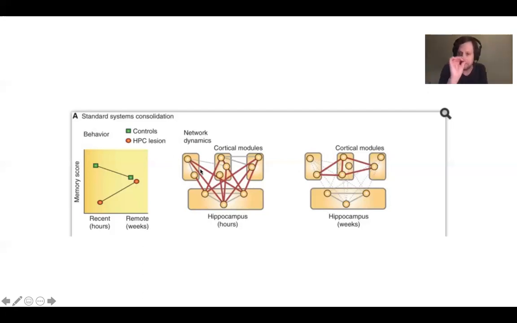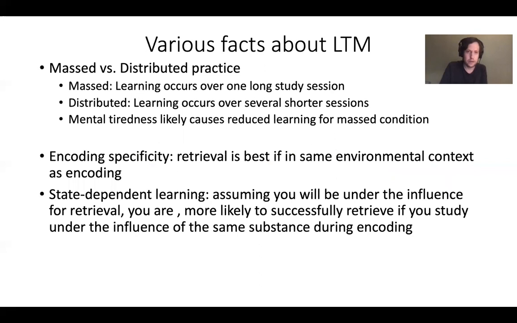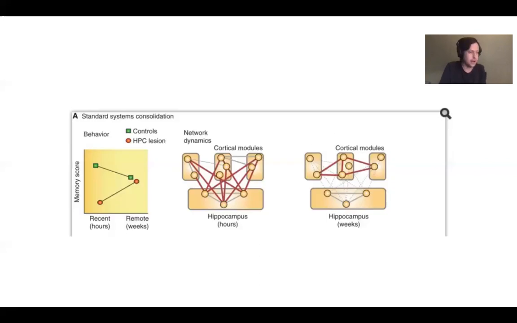And so when you're retrieving a freshly made memory, you need the hippocampus to activate all of those outer cortical regions together. But eventually, because of consolidation, connections form between these outer cortical regions so that 28 days later, several weeks later, the hippocampus is not necessary. Connections form by themselves among these cortical regions so that when you're trying to retrieve the memory, these cortical regions can do it by themselves. They don't need the hippocampus to conduct or organize things. So that's consolidation. Still no questions or comments about consolidation?